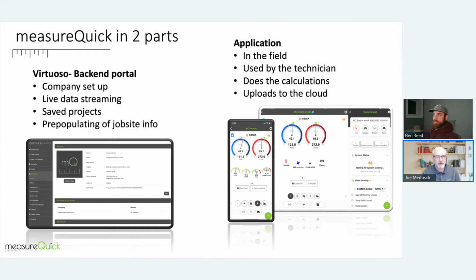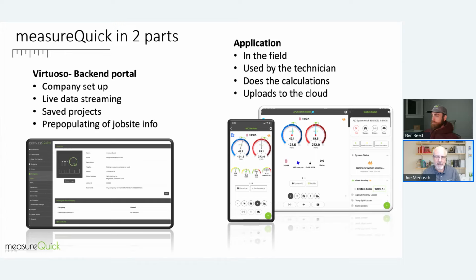I've got another slide later about Virtuoso, but I just want to remind people that this is what you get when you're using measureQuick to its fullest, that it isn't just an app helping you in the field. It is actually supporting your company with adding technicians, seeing what they're doing. If you don't have a CRM, we can actually issue jobs out to an individual one of your technicians so they can spend less time trying to enter basic information about the system or the client. So if you have a CRM, that's great. That information can get ported over about the consumer, the occupants. So if not, then we have Virtuoso, which has a lot of great features, including streaming and seeing